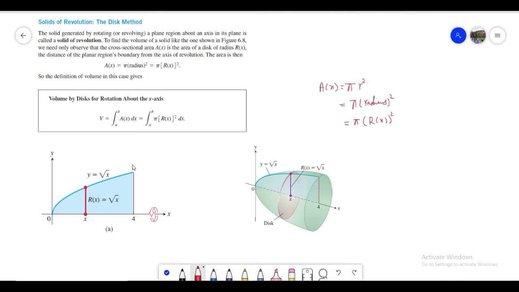Let us start from a very simple example. If you have the curve y is equal to root of x, which is represented by this dotted blue line, and you rotate this curve anti-clockwise around the x-axis,